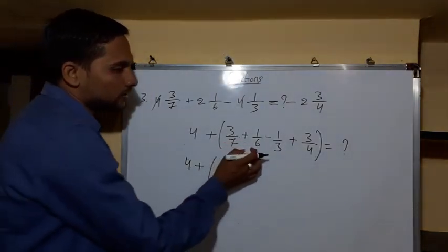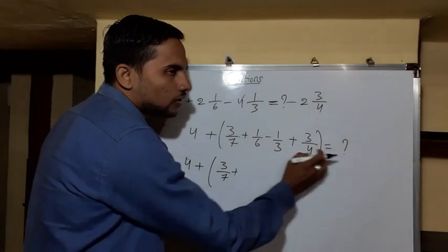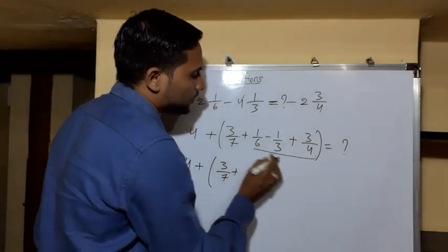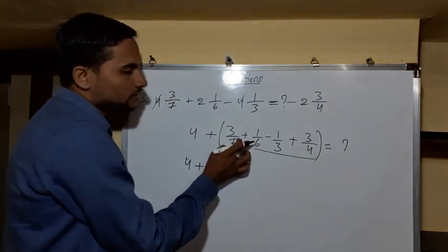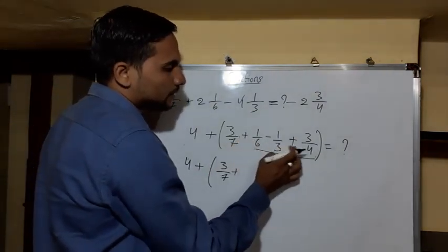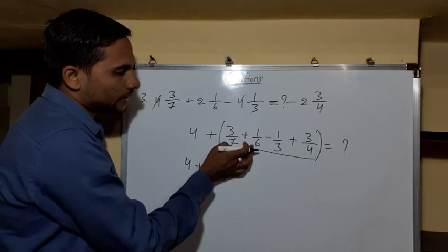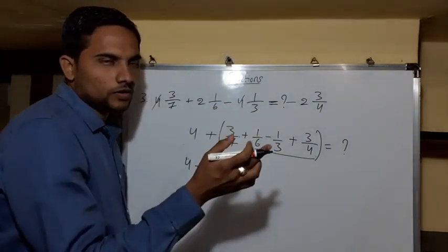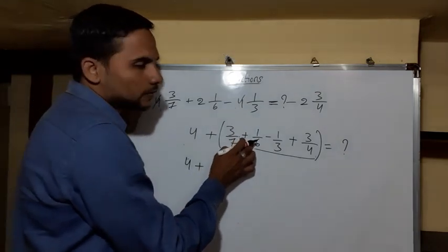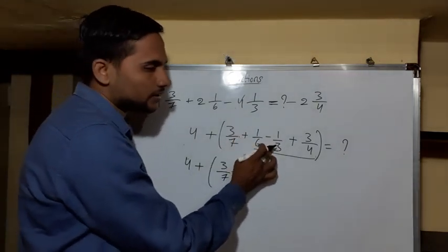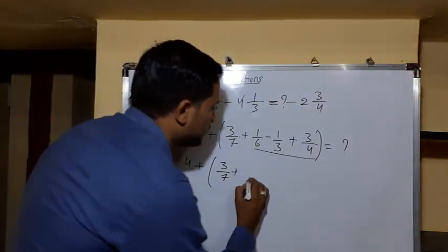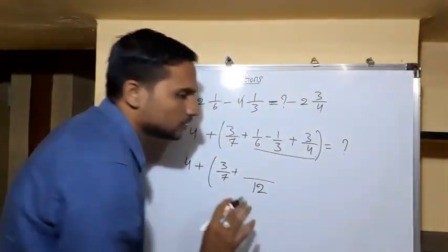And then you have to check whether this number is divisible by all other numbers or not. So out of these 3 numbers, which is the bigger number? 6. Check, this 6 is divisible by 3 but it is not divisible by 4. So take the next higher multiple of 6. 6 twos are 12, right? So 12 is divisible by 6, it is divisible by 3, it is divisible by 4. So the LCM is 12.